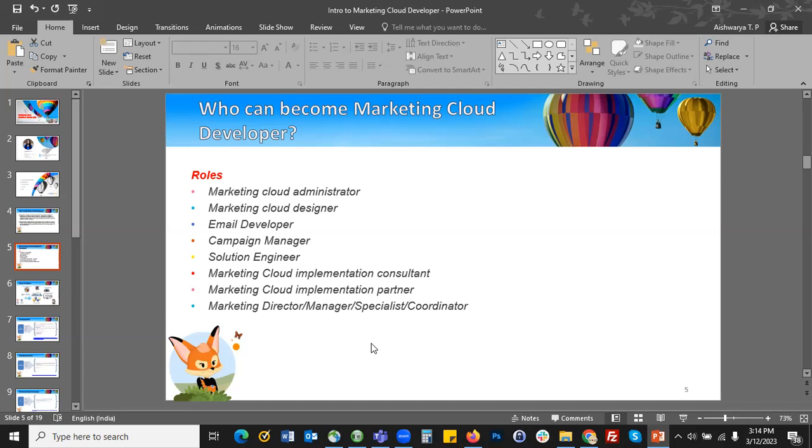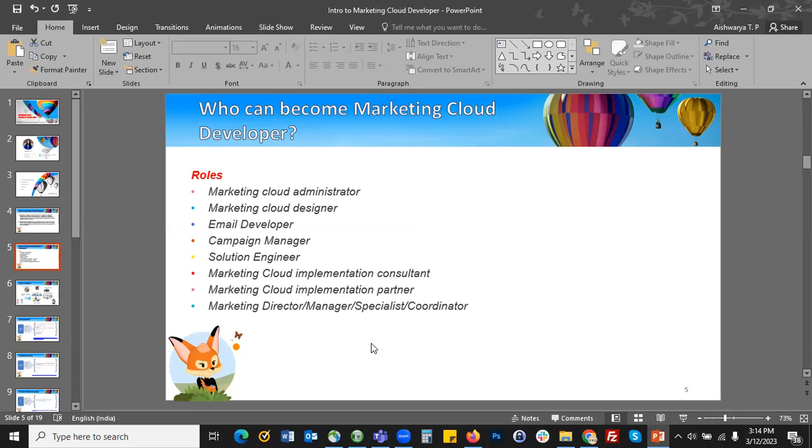If you have some basic knowledge about the platform, and if you could connect with other trailblazers through the community or with your communication skills, it would be a great start to become a developer. And these are some of the roles: whoever is already a Marketing Cloud administrator, or a designer, or an email developer, can also become a developer with the right skills.